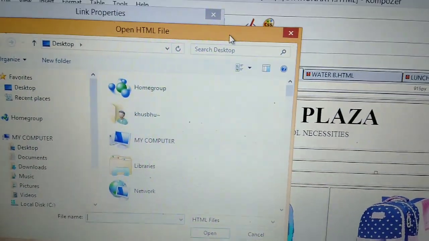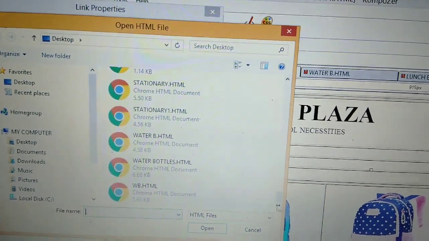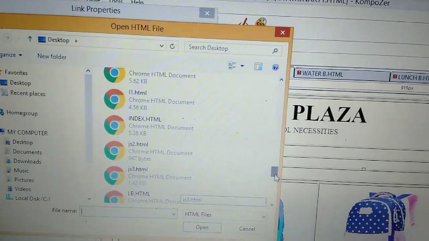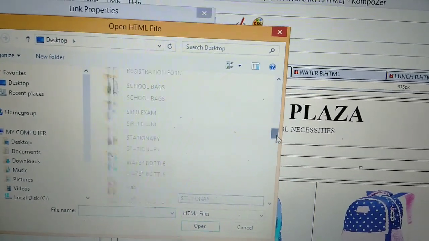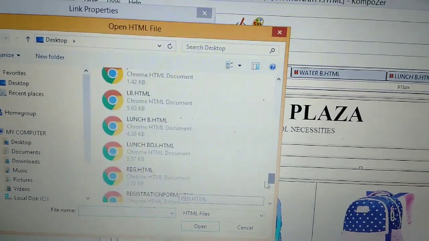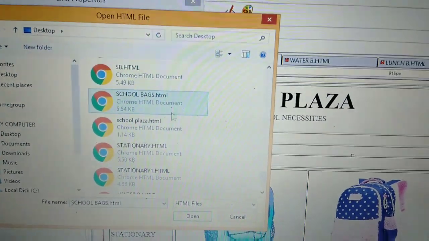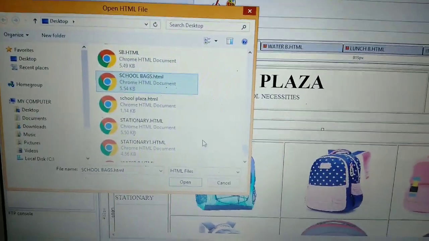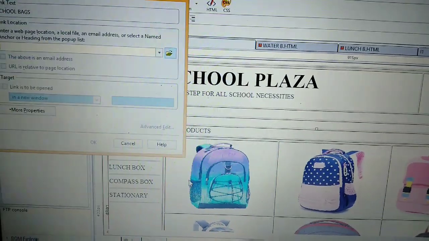Now in the school bags page we have to give hyperlink to schoolbags.html. I have already created the schoolbags.html page. Select schoolbags.html, open.